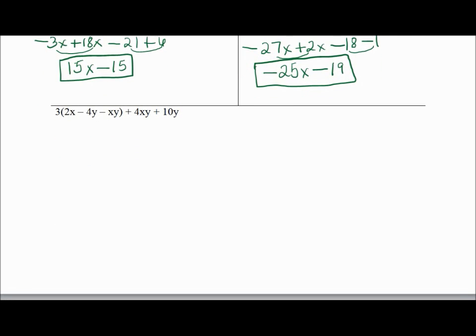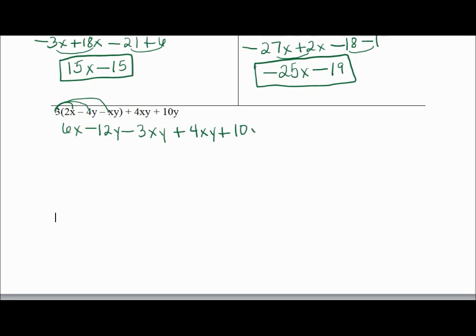you see there are 3 terms on the inside of my parentheses, so I'll have to distribute that 3 to 3 different terms. So this becomes 3 times 2x, which is 6x. This is 3 times a negative 4y, which gives me a negative 12y. And then 3 times a negative xy, which will give me a negative 3xy. Then I'll bring down what's remaining, 4xy